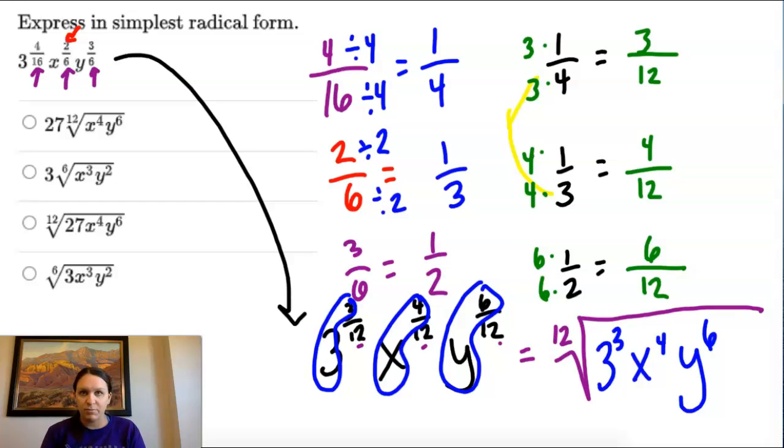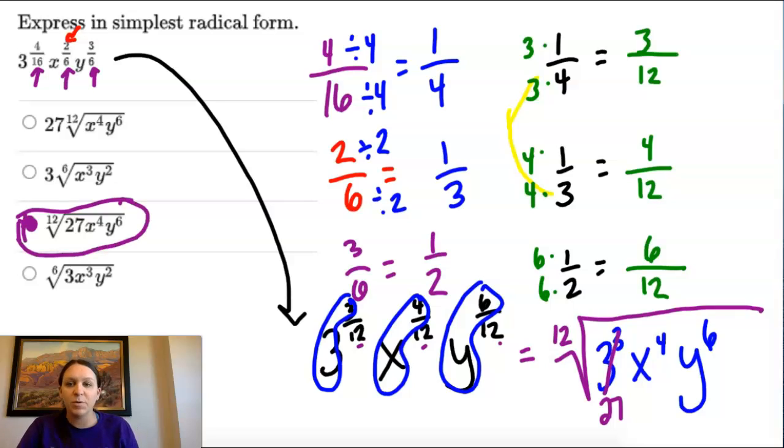And this is just like the one we did last time. We can simplify 3 to the 3rd as 27. And I can see over here, that's an option right there. So when you're going from exponent to radical, common denominator on your fractions. And then once you're done,